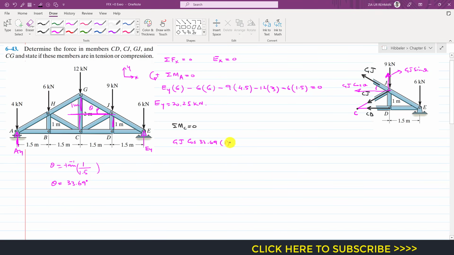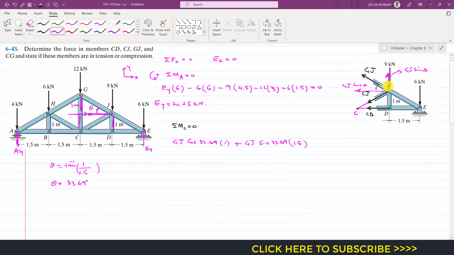So I will multiply it with 1. And similarly, this sine component is producing the counterclockwise moment about that point C. So I will write plus GJ sine of 33.69, and the moment arm of this sine component from that point C is the length of the CD member, which is 1.5. So I'll multiply it with 1.5,